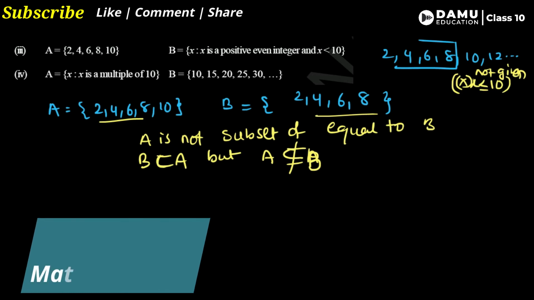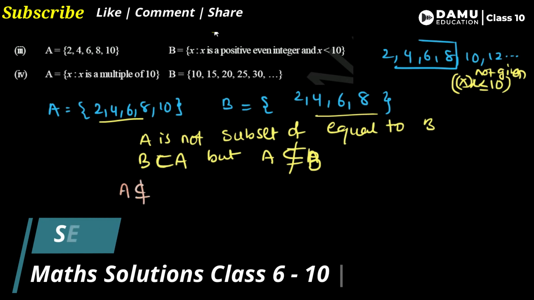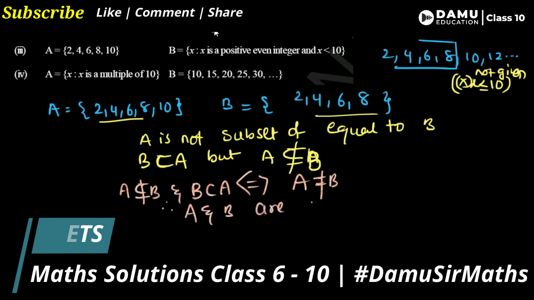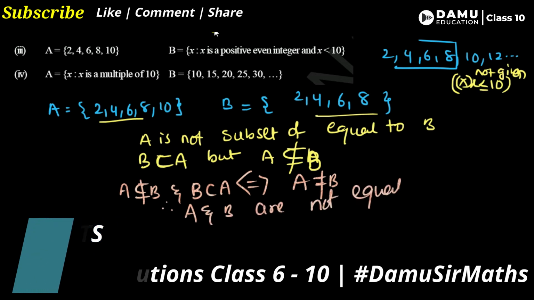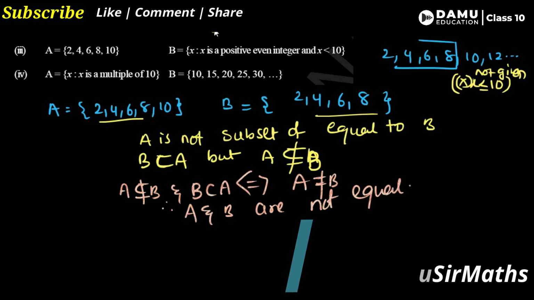So what is the condition, as we told before? A is not a subset or equal to B, and B is a subset of A, even though A is not equal to B. Why? Because both sets' elements should be present, then only we can say. So it is the condition like this. Therefore, what you can say, A and B are not equal. If they give less than or equal to, then both are equal. So that is the way.